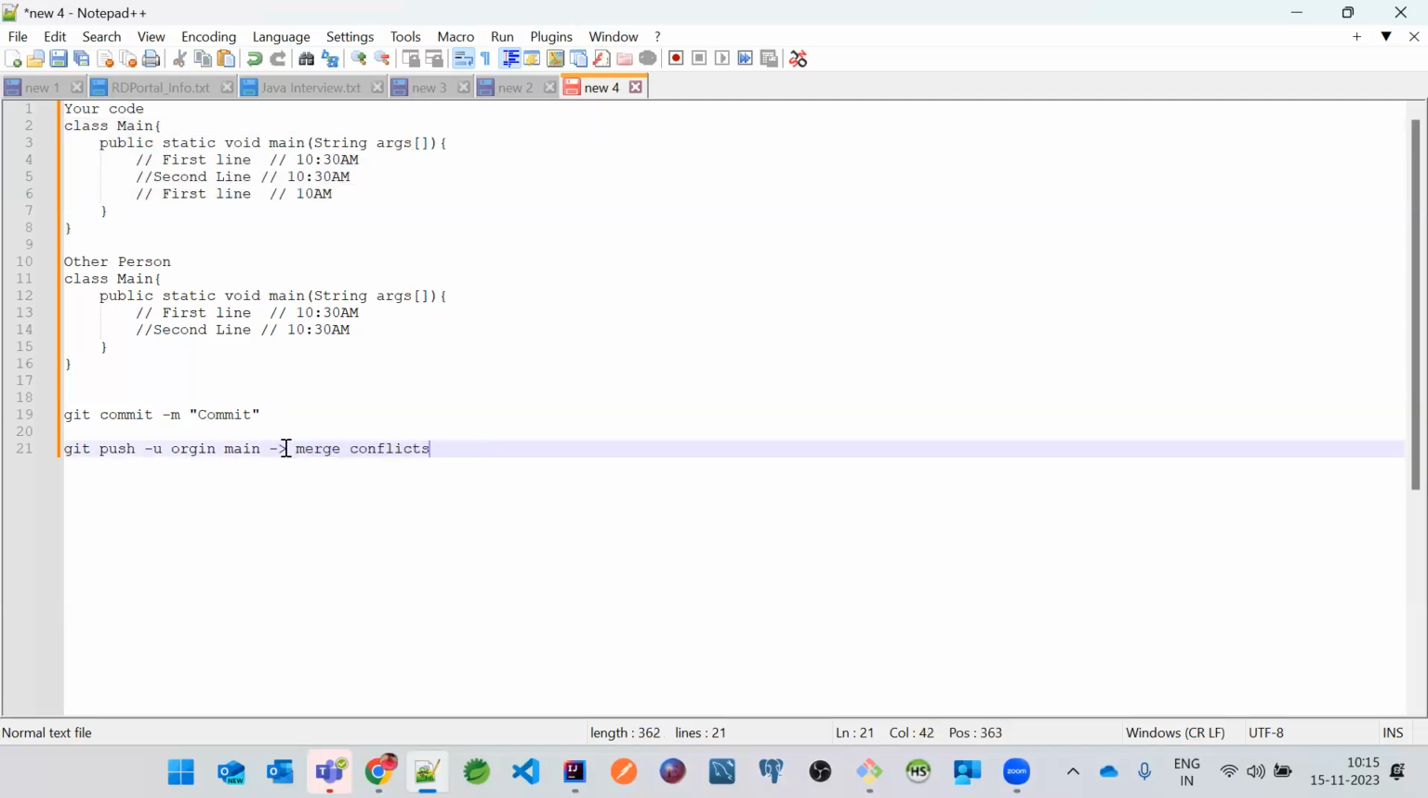I'll show this to you tomorrow when we are actually committing a large change. Which command will we use before pushing the change? We have something called git